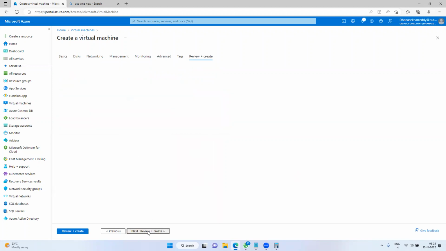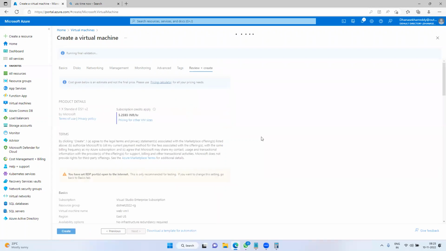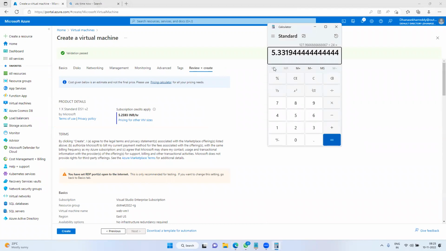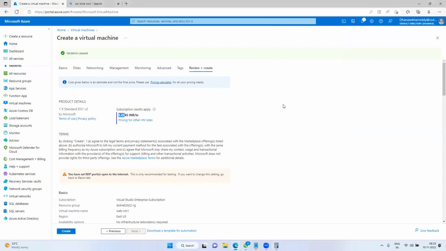Now hit on review plus create. Now it is validating the inputs which you have passed. See guys, here it is giving product details. The cost is 5 rupees, that's what we calculated, am I right? Initially, in the calculator it was 5 rupees 33 paise. Here it is 5 rupees 25 paise for our cost.